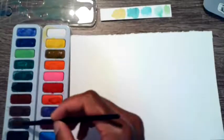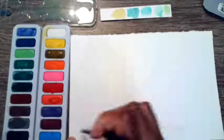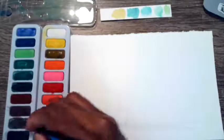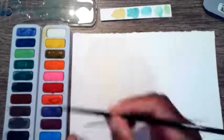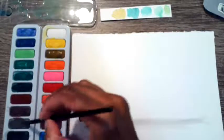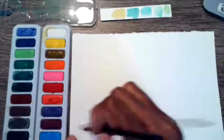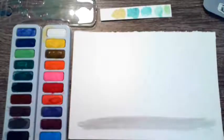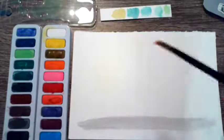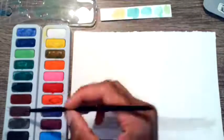So I'm going to start with a little bit of gray, and I'm just going to create a light wash, a straight line across the bottom of my page. Like so. And if you were comfortable with that, you can leave it there. I'm actually going to go over top of it with a little bit,